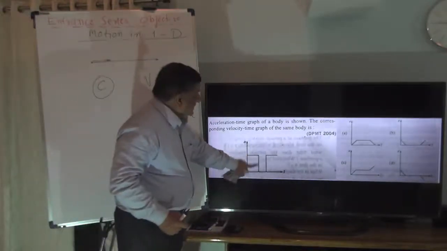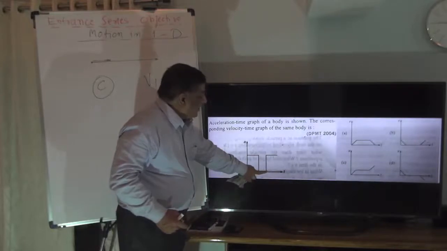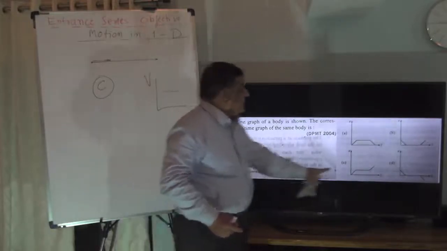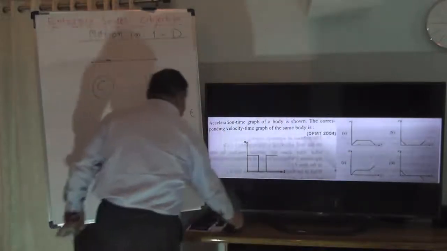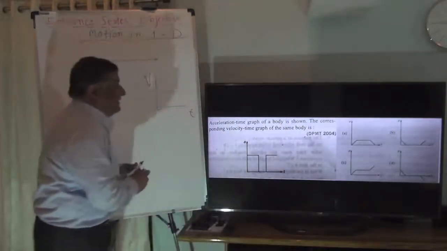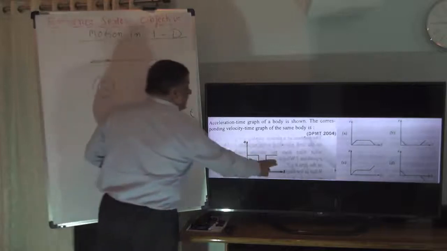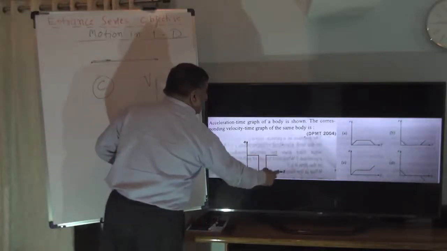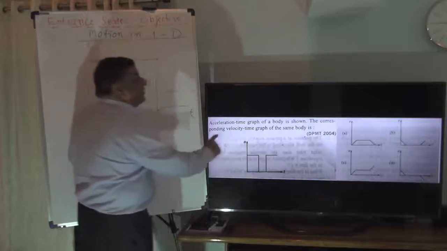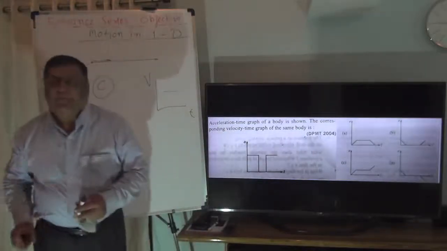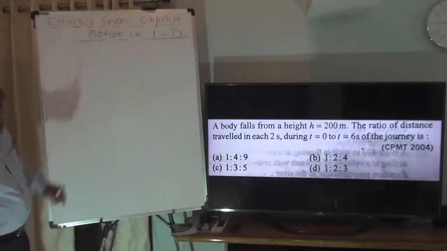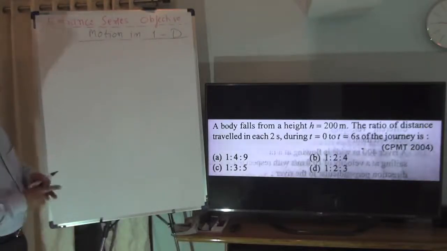Velocity increases, velocity does not increase and remains constant, again increases. Increase, remain constant, again increase. So this is how we divide any action into different time groups. In each time group we think about these quantities and then we decide which is appropriate. It's a very common and very old question, asked again and again.